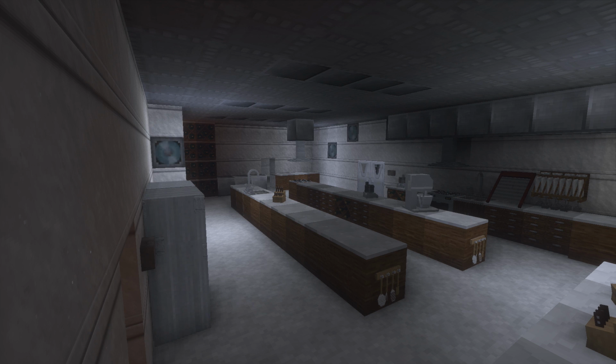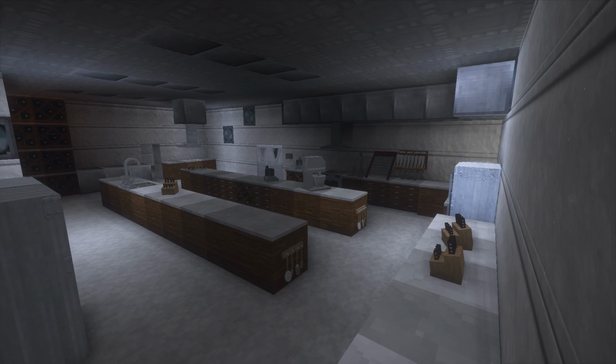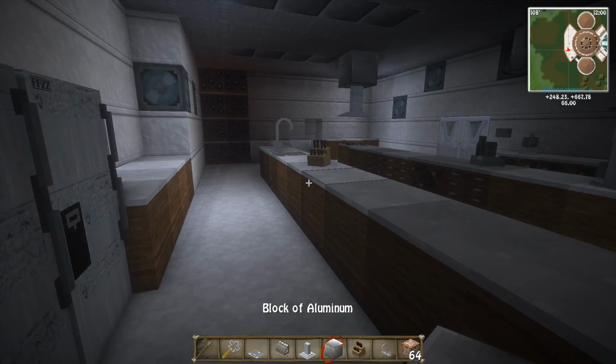I'm not sure about the floor. I kind of want to make it that darker like we have in the main room in the visitor center. Otherwise, I'm pretty happy with this. We need to stick a raptor in there, but otherwise, I think